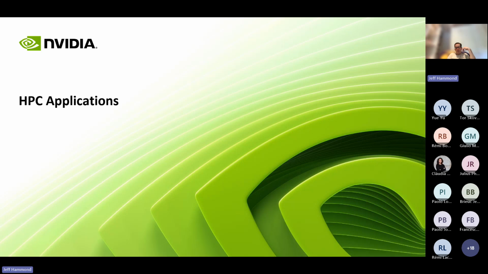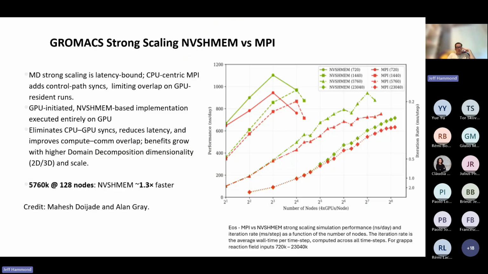So I'll show some HPC applications because not everyone loves AI. There are similar use cases in GROMACS. There are NVLink use cases, which are really good. This is an InfiniBand use case. And you see here, if you know molecular dynamics, it is a relatively small number of atoms computing the interactions and then doing time stepping. And so you have to finish the time step you're on before you go to the next one. And therefore it is a very hard latency wall